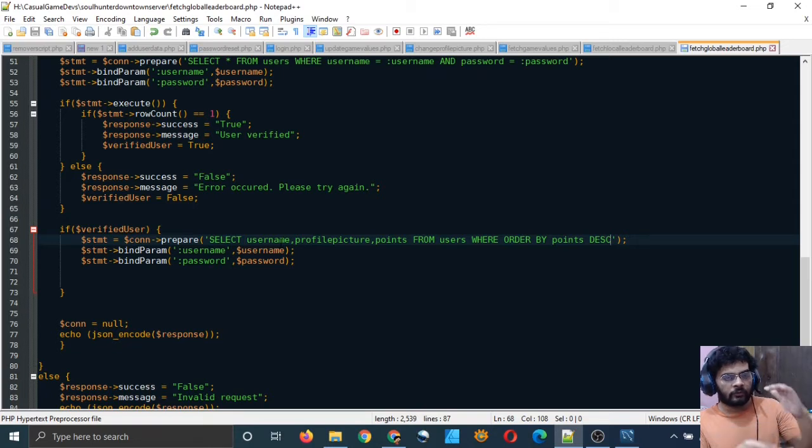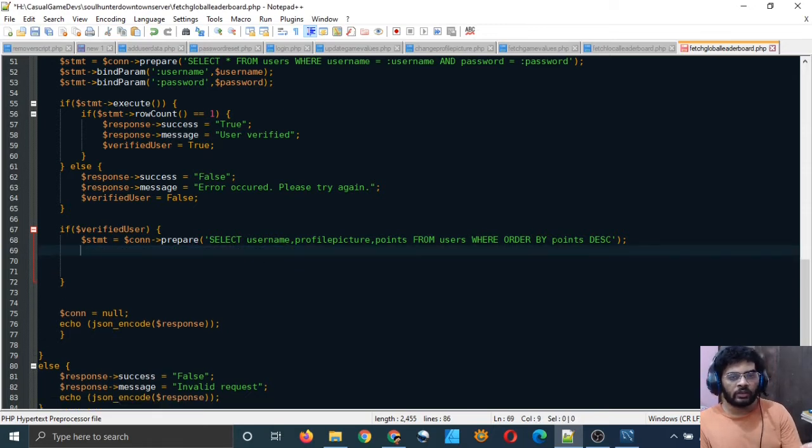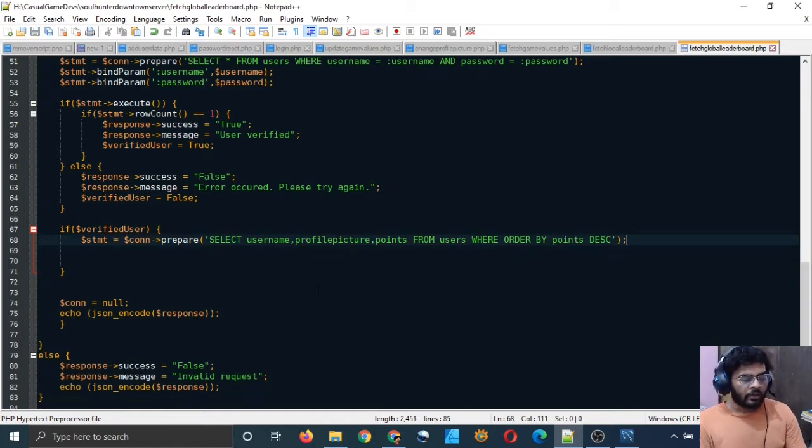So that's what this whole set of data will be fetched by this statement. And you don't need to bind anything because we have not used any placeholder in this statement. But I would like to limit the number of rows which this statement is fetching to 5. I only want to fetch the top 5 rows.